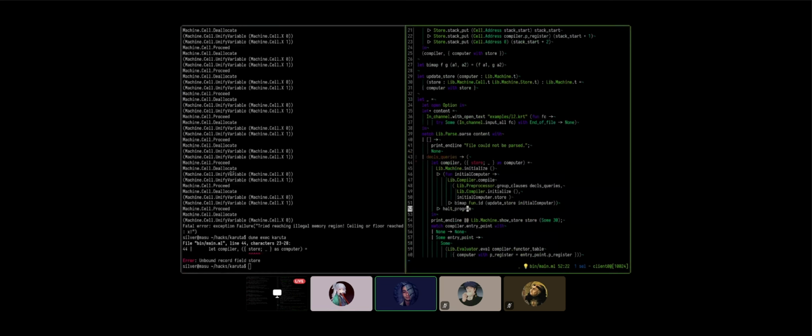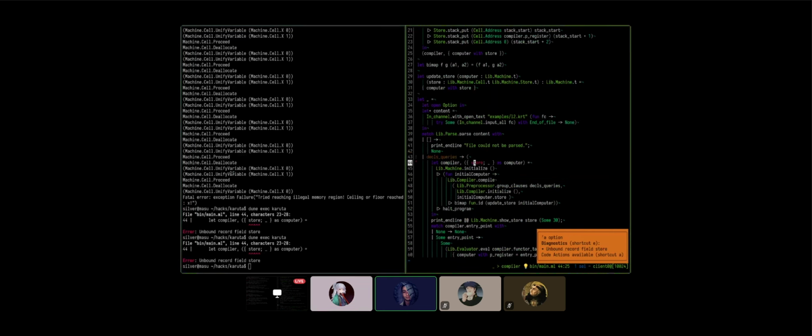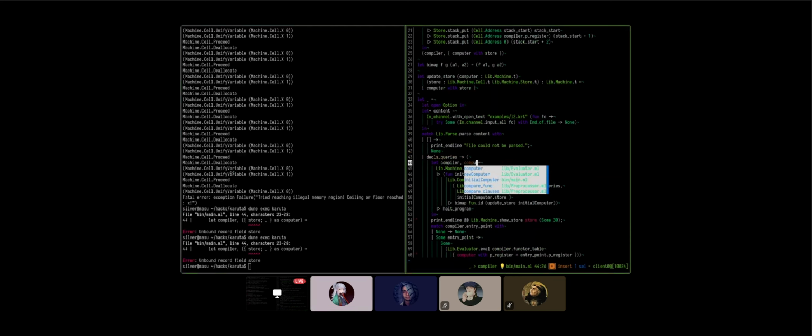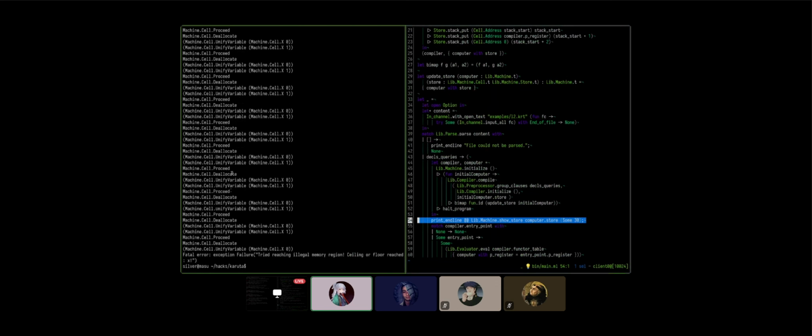I don't understand. Actually, let's do it even better. Maybe it's a module nonsense. So let's do computer.store in the print. Apparently that works. Ah, nice. So it is module importing nonsense.